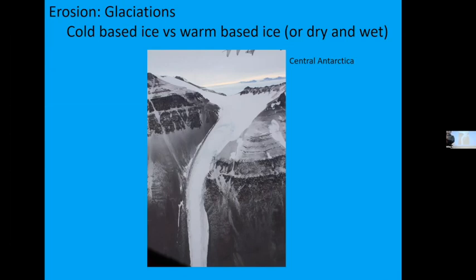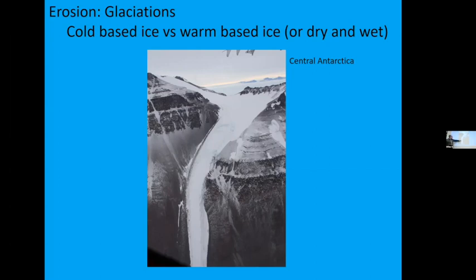The point I'm making is that it's not everywhere around the world that glaciers erode. There are parts of the world where glaciers don't do much erosion, specifically Antarctica. They do some erosion, but nowhere near the scale of a place like Patagonia or the European Alps. The other thing that's interesting, I had never seen glaciers like this before. It's like the Snuffleupagus trunk, like the elephant trunk. They're very narrow.